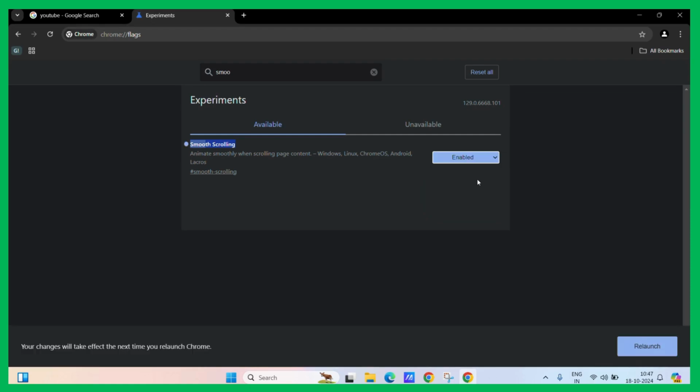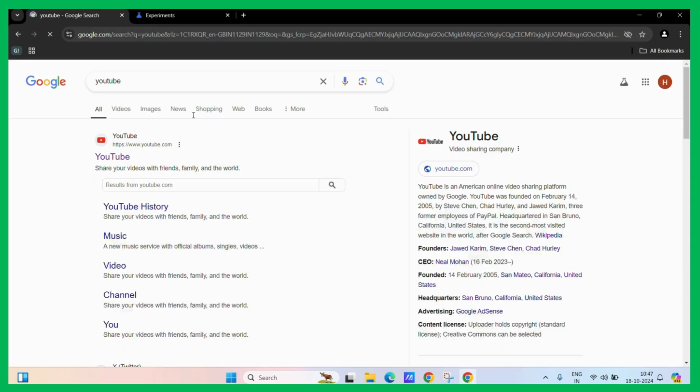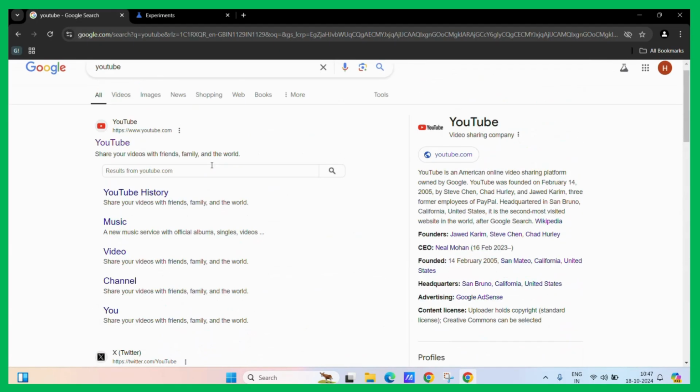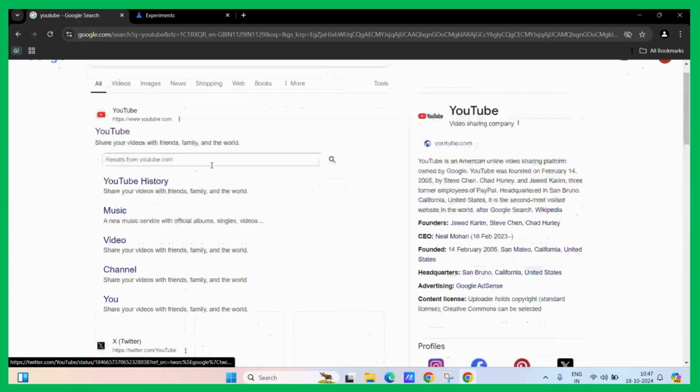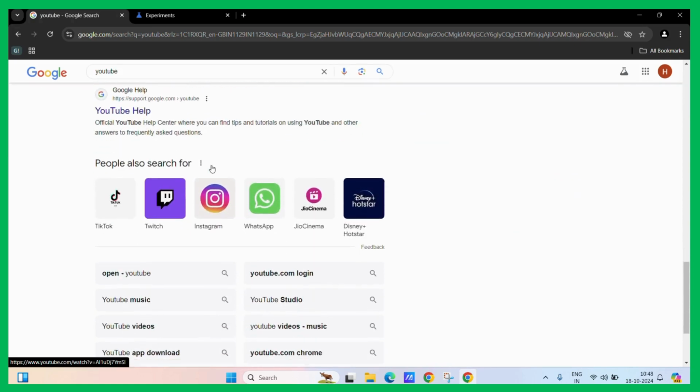Once you enable it, you will be asked to relaunch the Google Chrome. Simply click on the relaunch button. Once you click on the relaunch button, the Chrome will be relaunched and you will feel that the scrolling now has improved a lot. It might not be that significant, but it will definitely improve your browsing and viewing